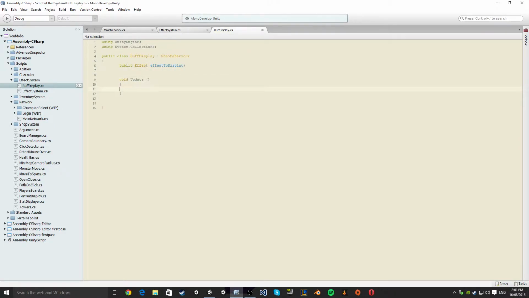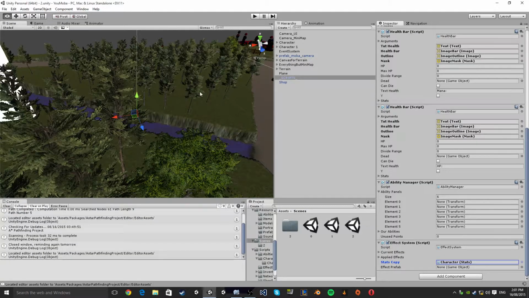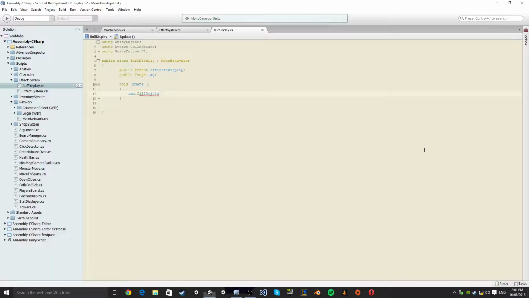Void update. Public image. Public image, and we're going to call this image, and then start fill origin. Is that right? No, we need to fill amount. It's equal to the...